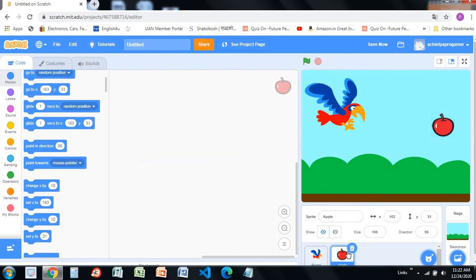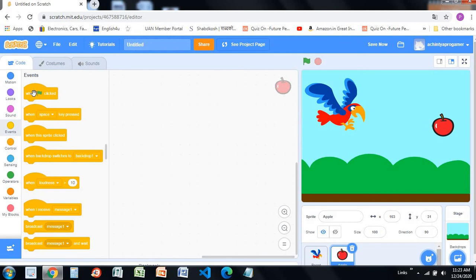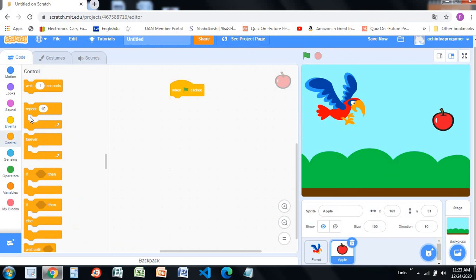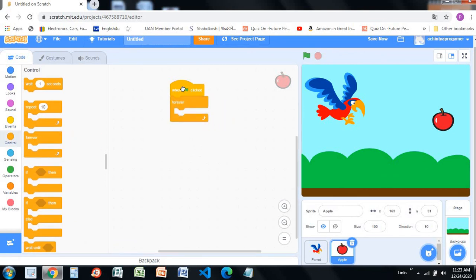Now we are going to code for the apple, for when the parrot touches the apple. Again go to events, drag and drop this when green flag is clicked, and go into control and drag and drop this forever block.